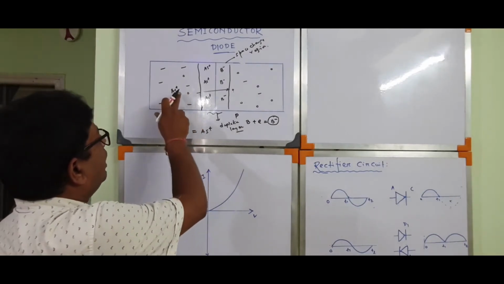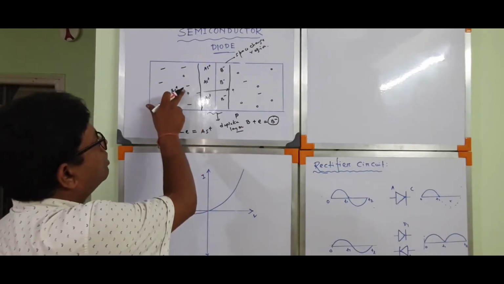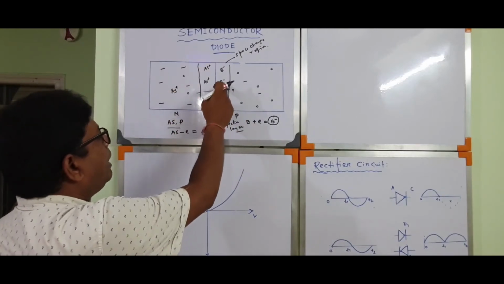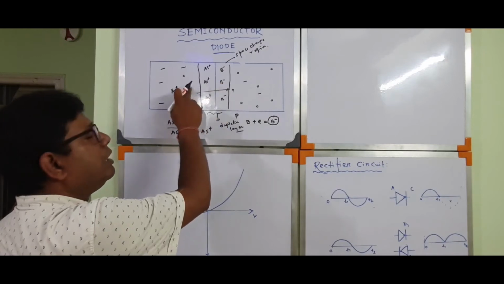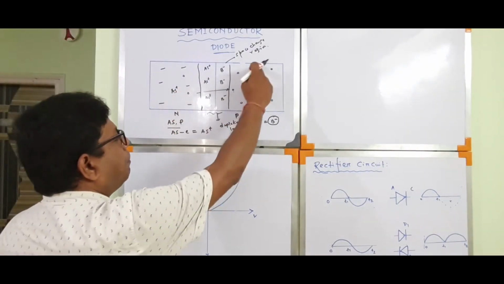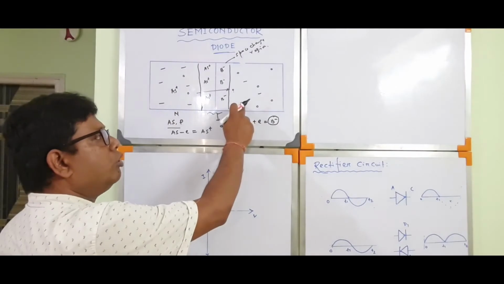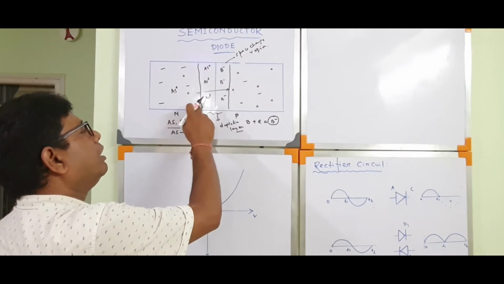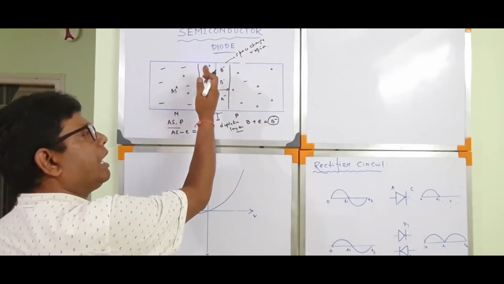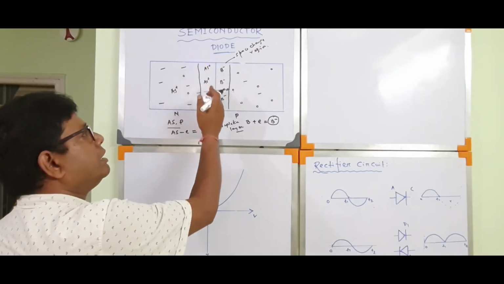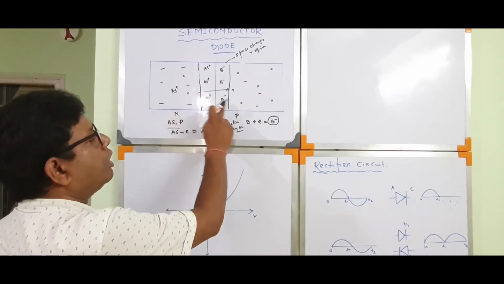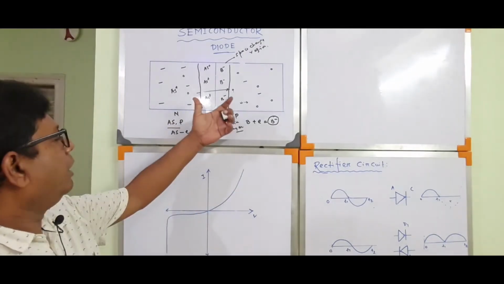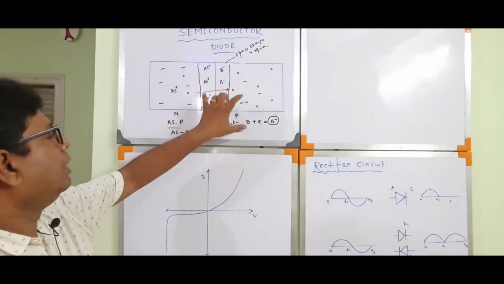Further, suppose for the n-type semiconductor bar, a huge number of free electrons are there. These will try to move from this side to this side, but the B minus ions will repel these free electrons. And for the p-type semiconductor bar, a huge number of holes, the positive charge carriers, are there. Suppose they try to move from this side to this side, but the As plus ions will become a barrier. For that reason, this is called barrier potential. The As plus ions repel this positive charge. So this is the n and p-type semiconductor bar.